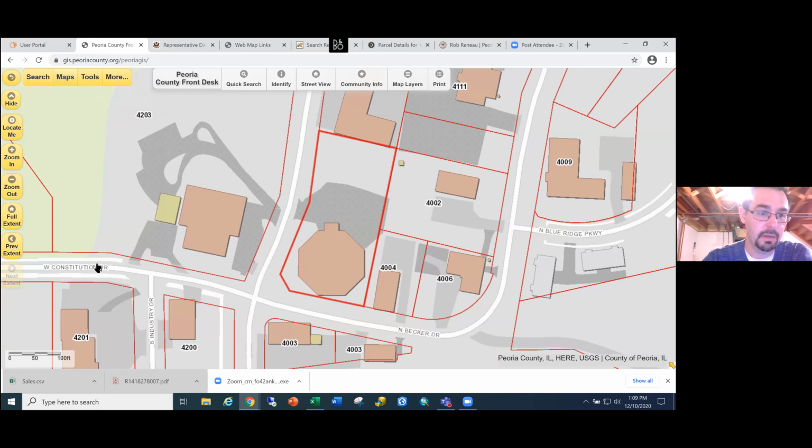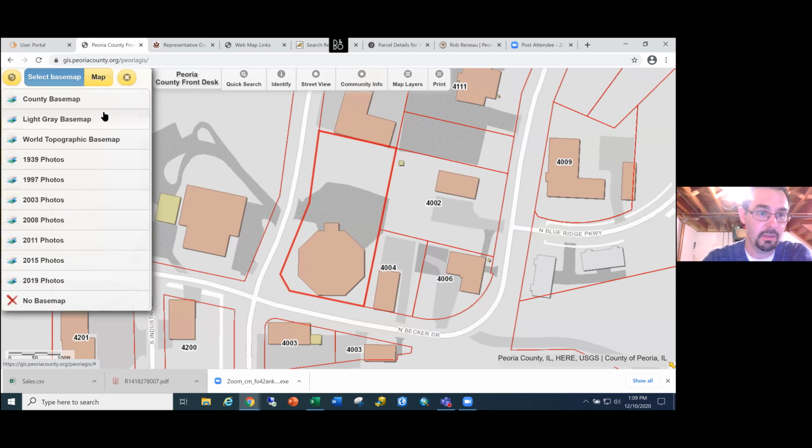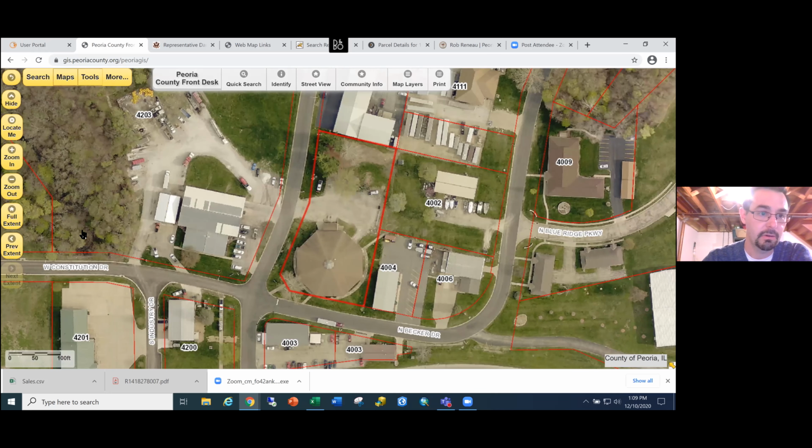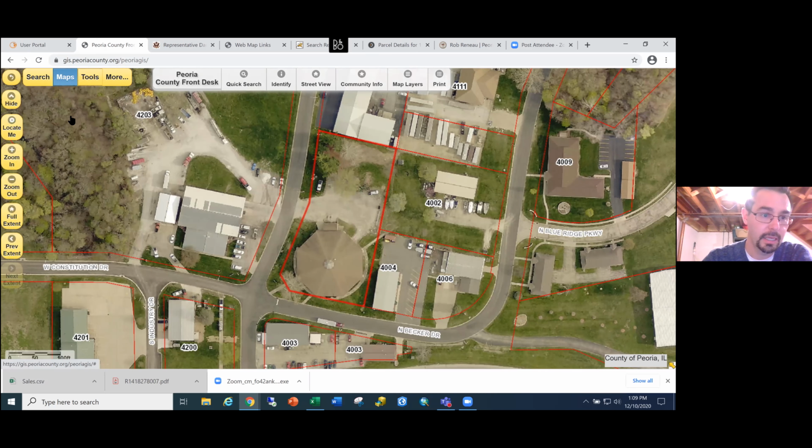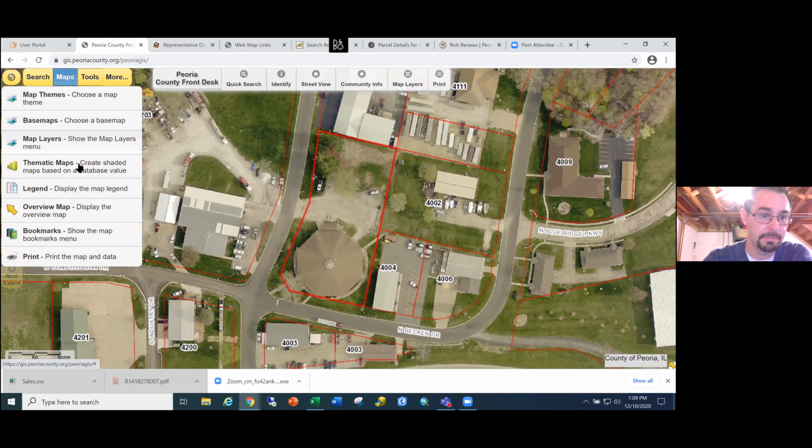And then this is another way of getting to those base maps that we talked about earlier that were in map layers. It's just another different way to get to them. So these are all your different photos. If you click 2019 photos, for example, it's going to turn that on. So just another way to get to those. This is another place to get to the map layers button. So there's the map layers button there. You can click it there. Thematic Maps, I think that's more of